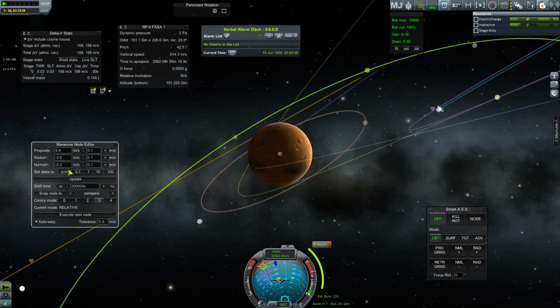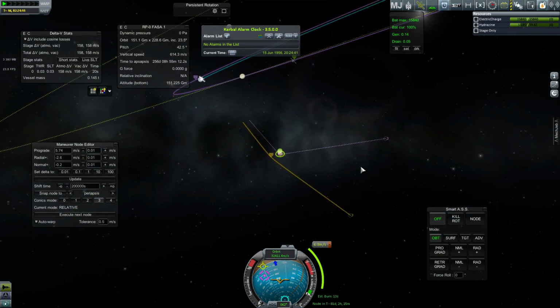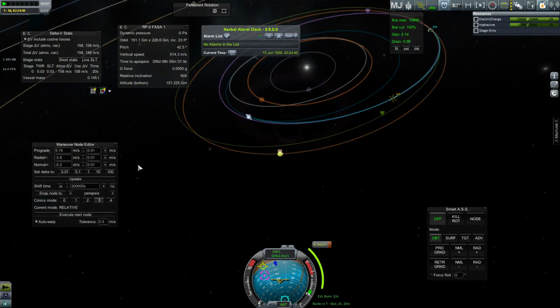Not quite that much. I want to be, let's say, 300 kilometers, something like that. So yeah, that's good. That's perfect. See, it's about 6.3 meters per second, basically how I showed it to you before. Okay, and now, because I don't want to forget to actually carry that out, because that's just a planned maneuver,